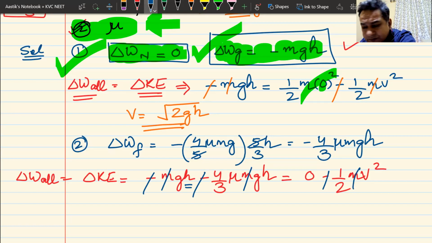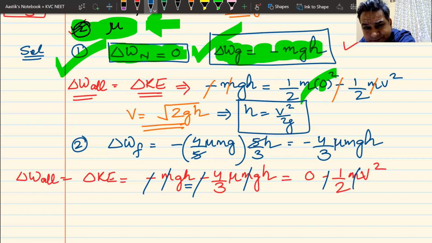We have to get the value of h, or the value of v, whatever happens. Here we calculated the value of v. You can write h as v square by 2g. In the first case, the answer was this. In this case, you can easily find out the value of h. I will leave that task for you. If I had given you the values, you could have calculated the value of h from the above equation. If anyone has any doubts, ask, else we will move forward.